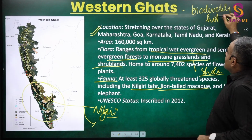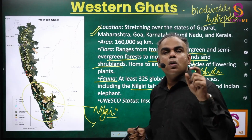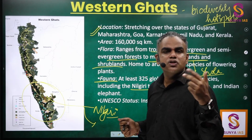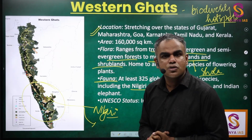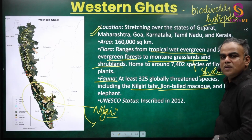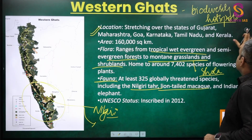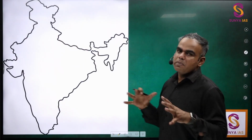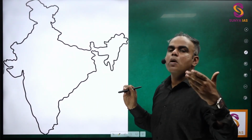Now this has been in news for many reasons. One, because of the verdict of Supreme Court on the eco-sensitive zones. Again, in many portions here, some deforestation, mining and other activities are going on. So that also brings this area into limelight and consideration. That is a very important part. So there are many things which we need to understand when we are talking about this case. Again, remember, we will be building on what we told here. So this also adds to our knowledge. So now what you need to do, take a piece of map, mark down all the sites I told you and try to now recall the important flora and fauna of